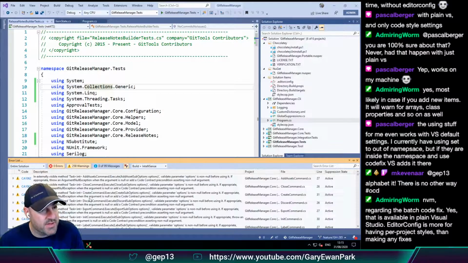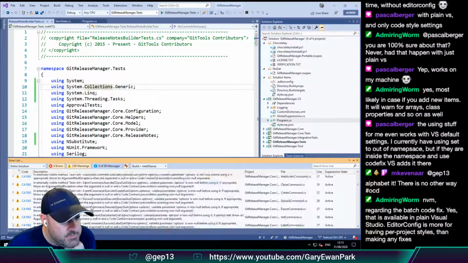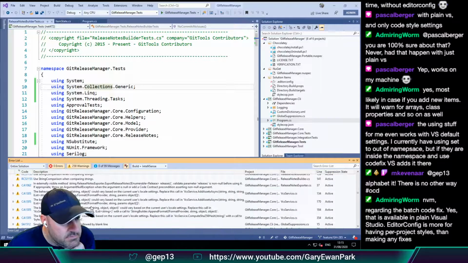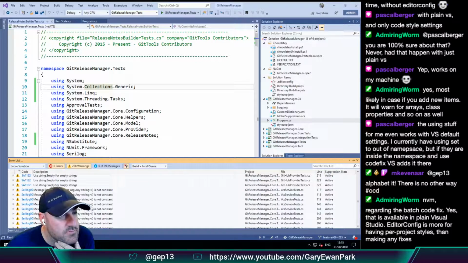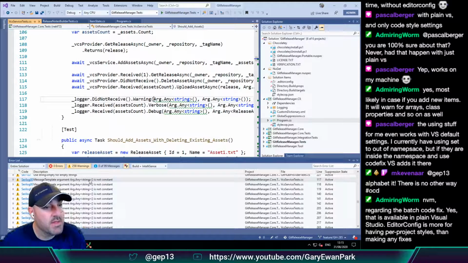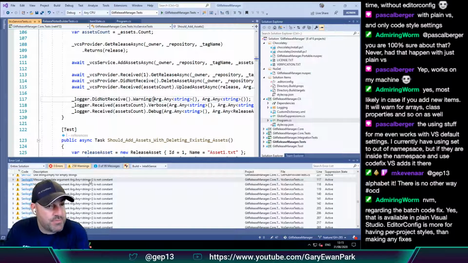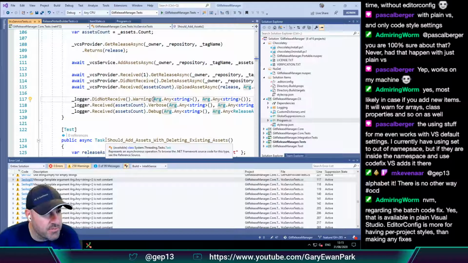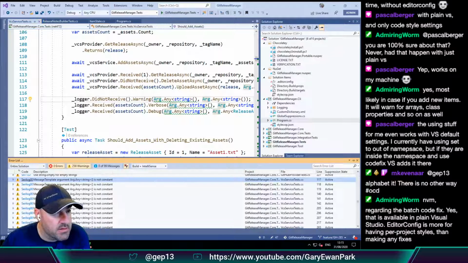What other things can we fix? Right, what's this one all about, folks? Serilog message template argument arg.na is not a constant. What does that mean?